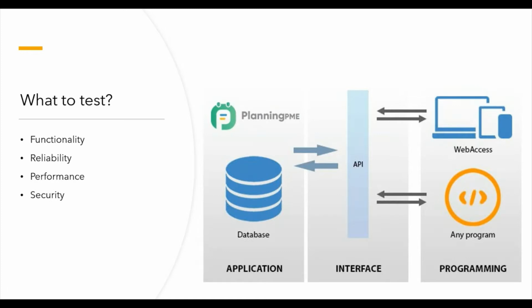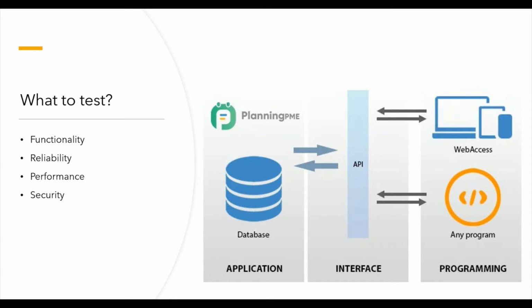So what do we test? First, we check the API's functionality. We need to make sure the API is doing what it is supposed to do. Let's say we want user detail or a student detail or an employee detail. It should give us the required details, which an API is supposed to do. The second point is we do reliability testing as well. An API should be reliable. If we are getting user details and we are not getting it the second time, or we are getting some different data for the same request, that means that API is not reliable. So we do repeated testing on APIs as well.